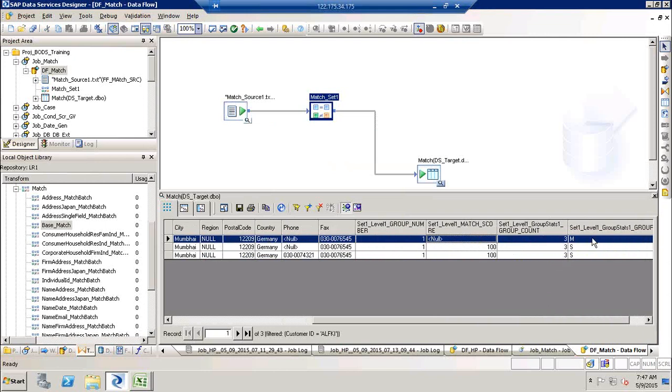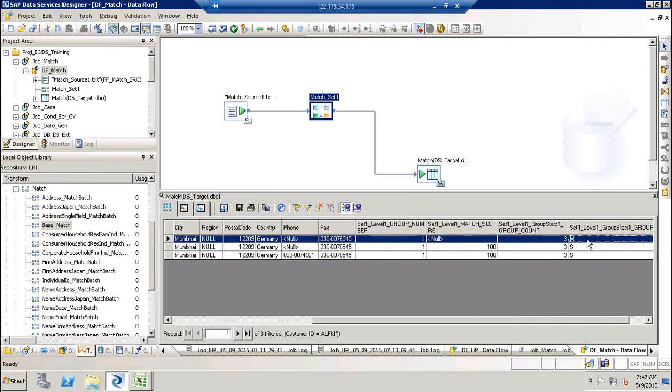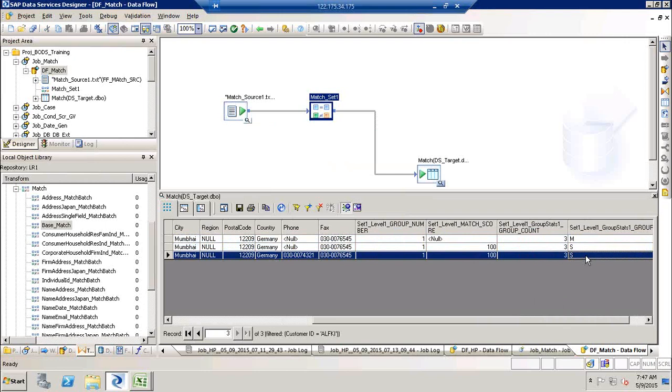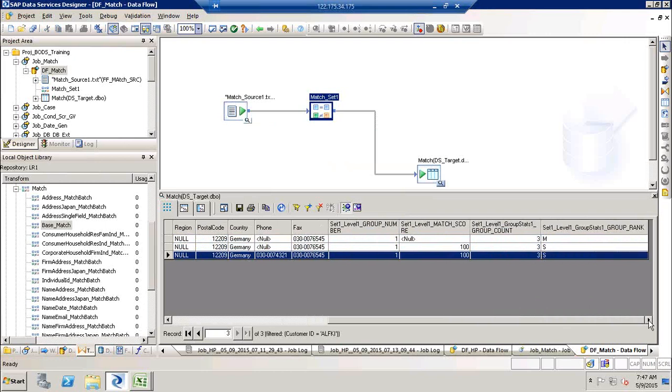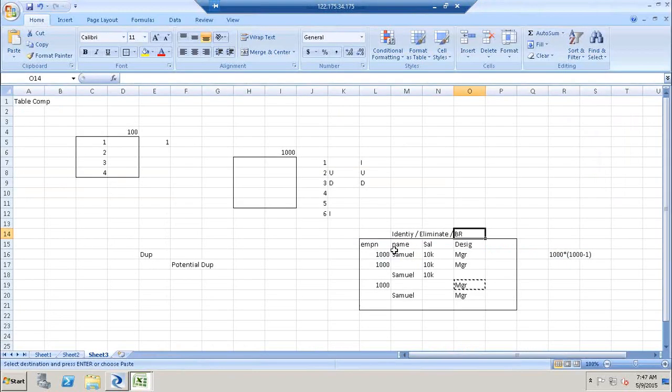And if you look at this, there are 3 records in this group, and 1 is the master, and the remaining 2 are my subordinates. So the first picked is my master, and the second ones are my subordinates. So I can give a where condition saying that where the group rank is not equal to yes, so I can eliminate all my duplicate records, right? Is that possible? Yes. So I can avoid all my potential duplicates, and I can only pick the first picked